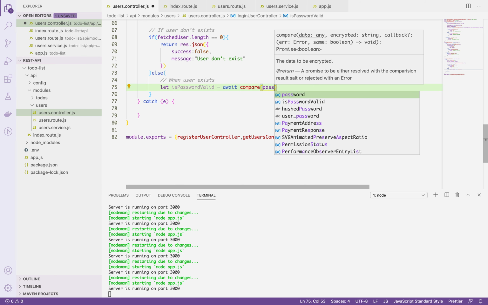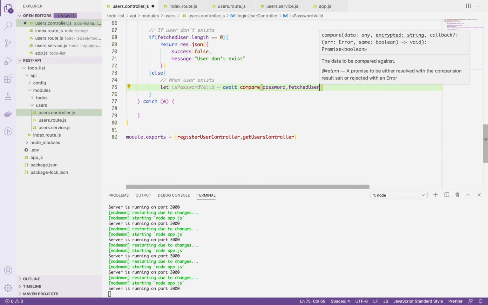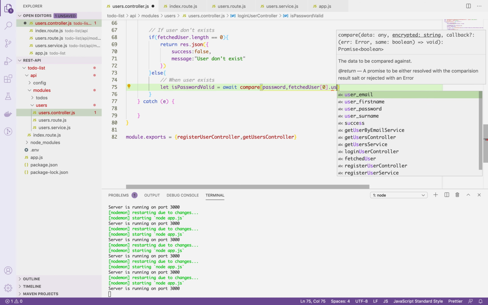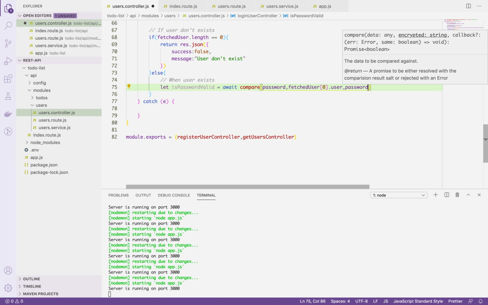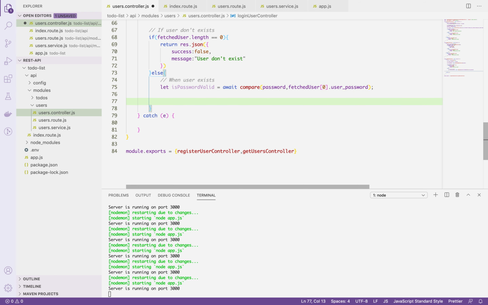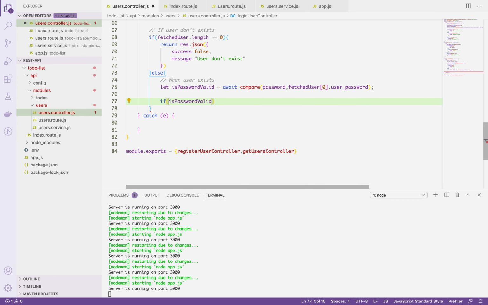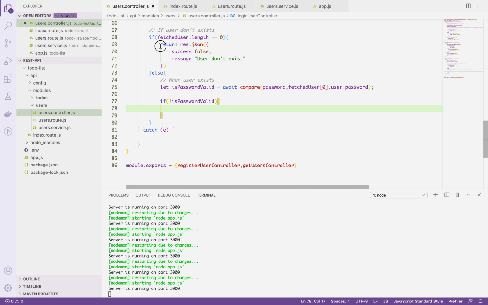First will be the password and second will be the password that we have fetched from the database, so it is user underscore password. Okay, so if isPasswordValid is false, it means that the provided password is not correct. So we will return